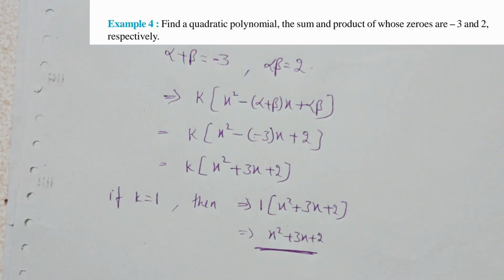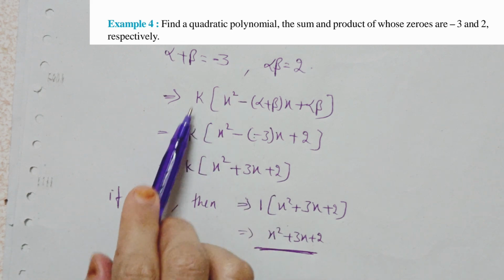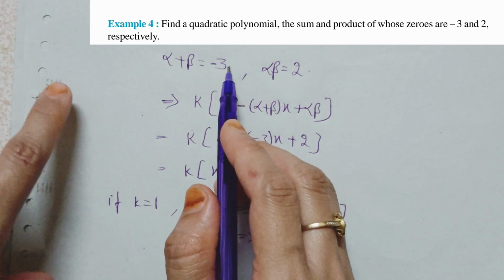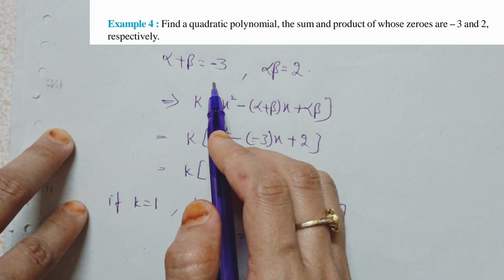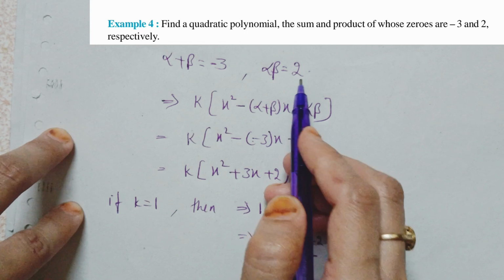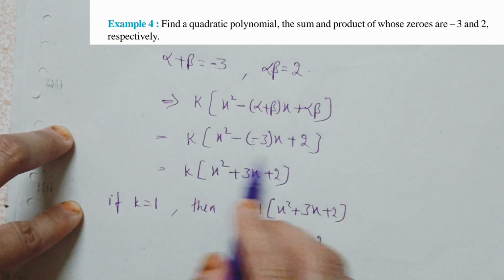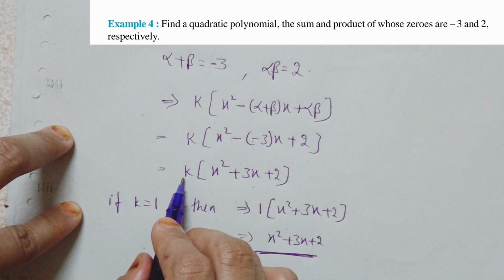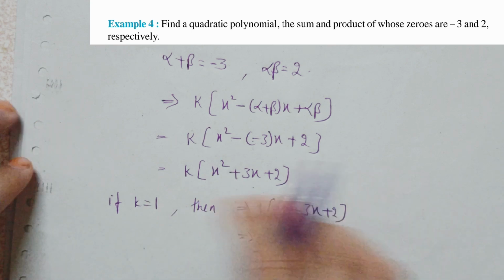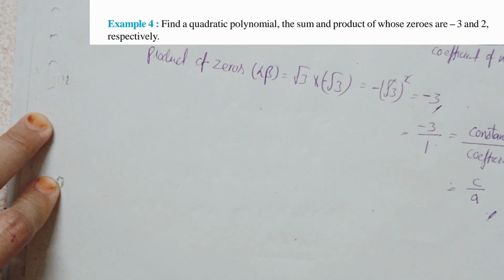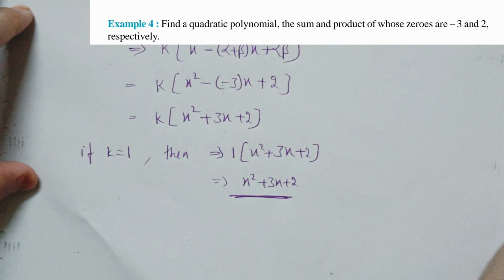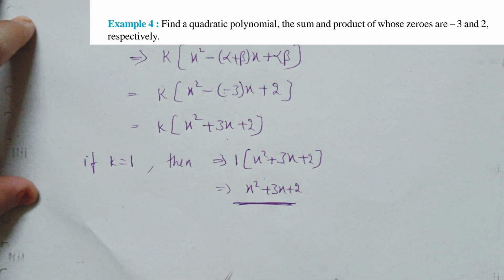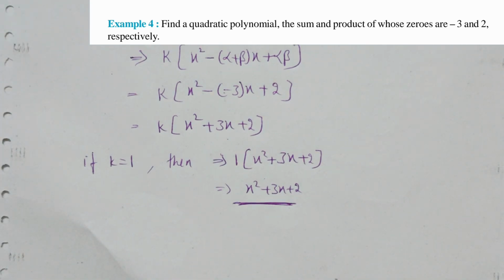Okay, you may get a doubt that why ma'am, what is the use of putting k here? Sometimes the alpha plus beta or alpha beta will be in fraction form, like 3 by 2, 1 by 2, 7 by 6, like this. So at that time you will get denominator parts. To cancel the denominator part we are using this k here. In the previous problem we have discussed this. Okay guys, now it's clear. Now we'll move to the next example, that is example number 5. Okay, let's see this.